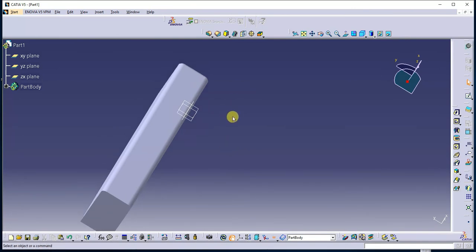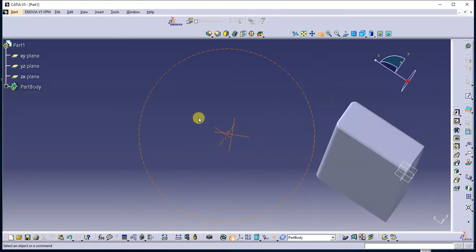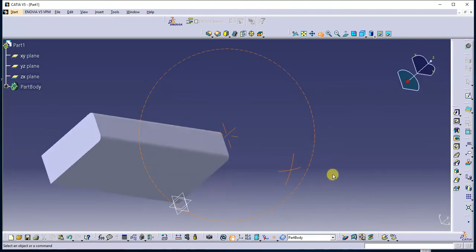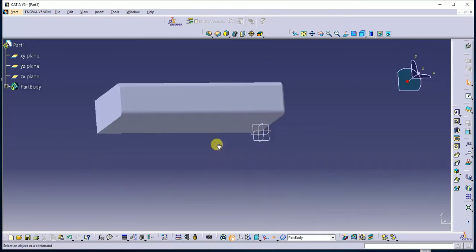Wait for a minute. Hold control button. No, this is only one method, I think. Okay, so this is rotate by using this command. Next one is press middle mouse button and hold right mouse button and you can rotate the geometry.